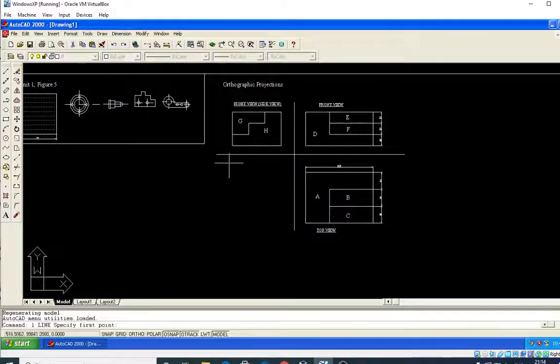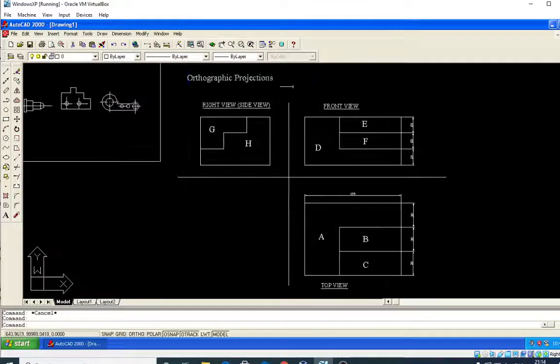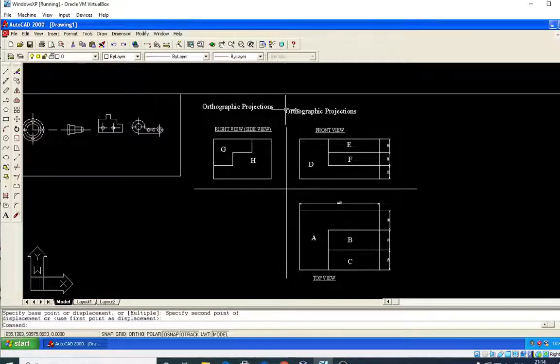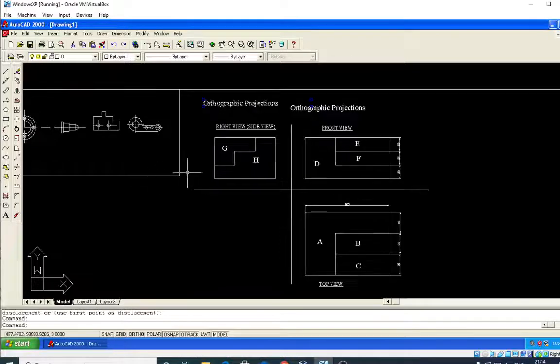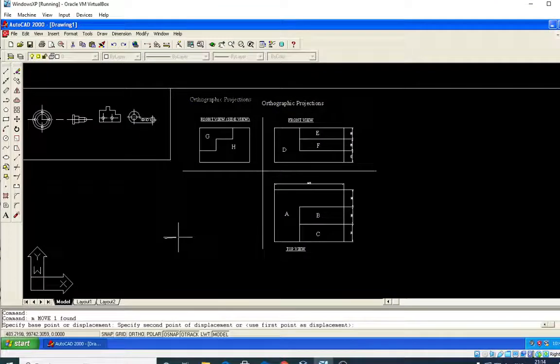I will make a line diagram, I will make it figure 1. First I will copy this and move it to the top. It is a chapter.